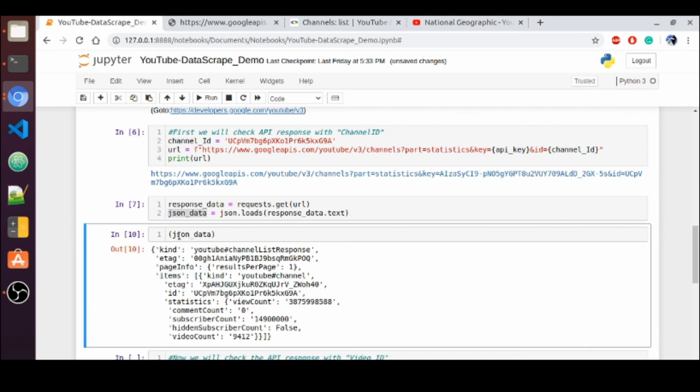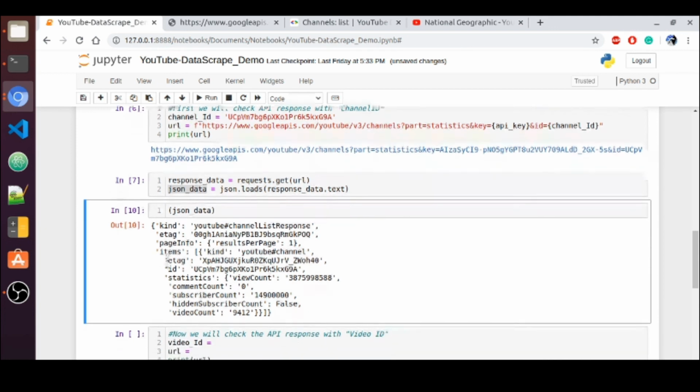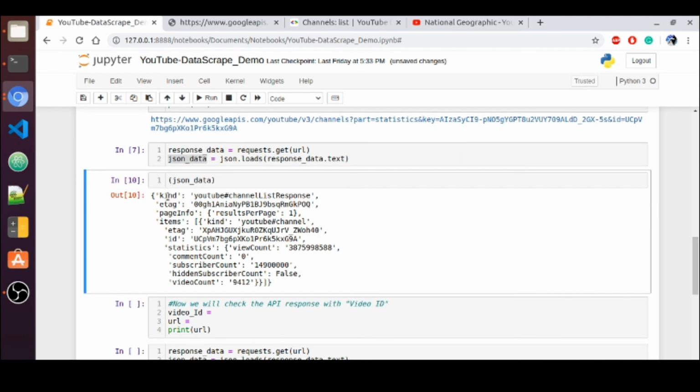What I want to show is, see here, this is a key and this is a value, some basic Python dictionary stuff. The important key here is items, and your desired data will be encapsulated in the items key.